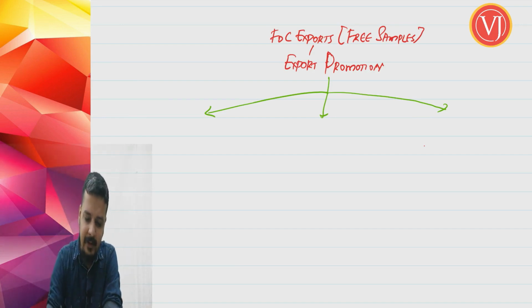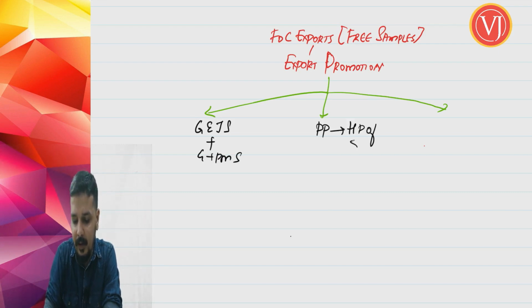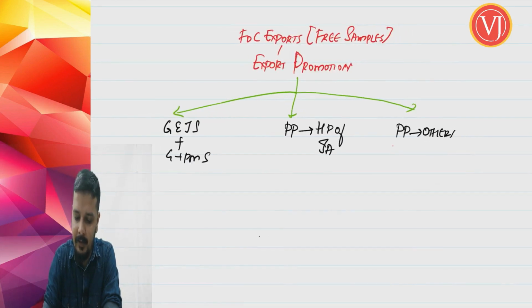Now, what is the percentage? If I am talking about the gems and jewelry sector including gold and precious metal sector, right? Then pharmaceutical products to health programs of international agencies. The last category is pharmaceutical products to others, right? And you are talking obviously about other sectors, general sectors. If nothing is given, you have to go with the last category.